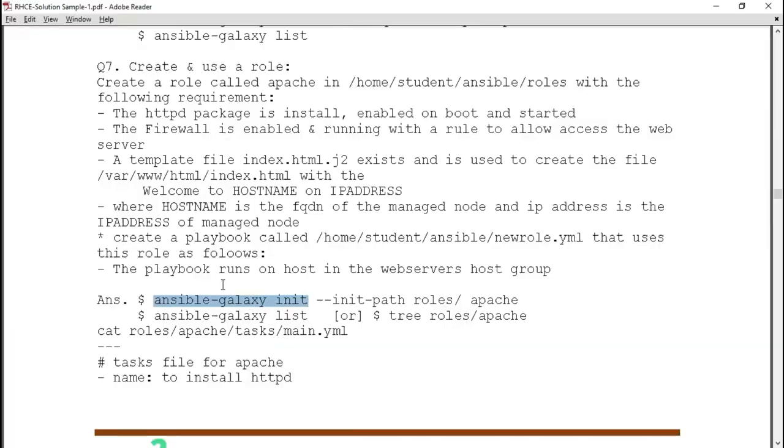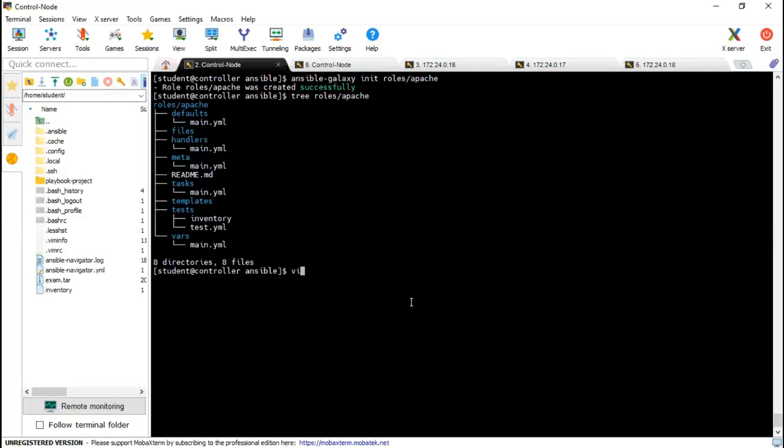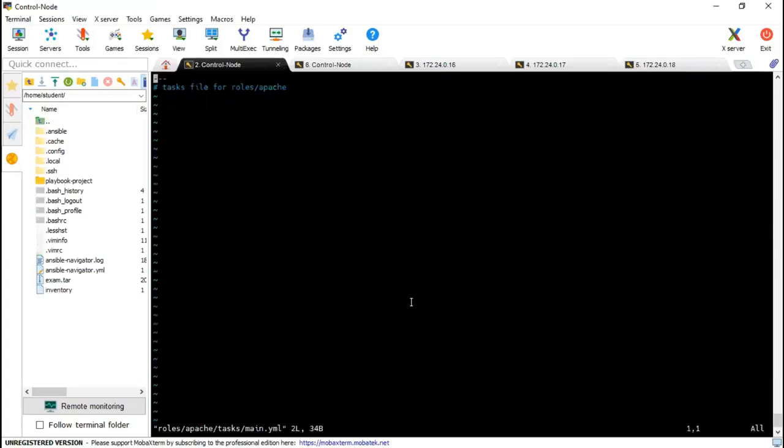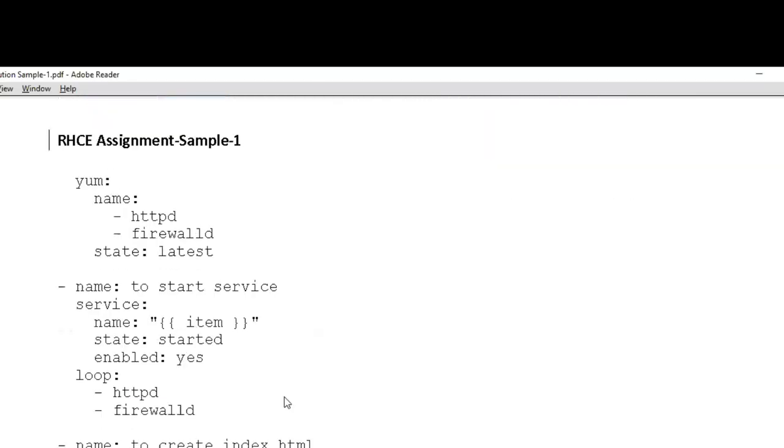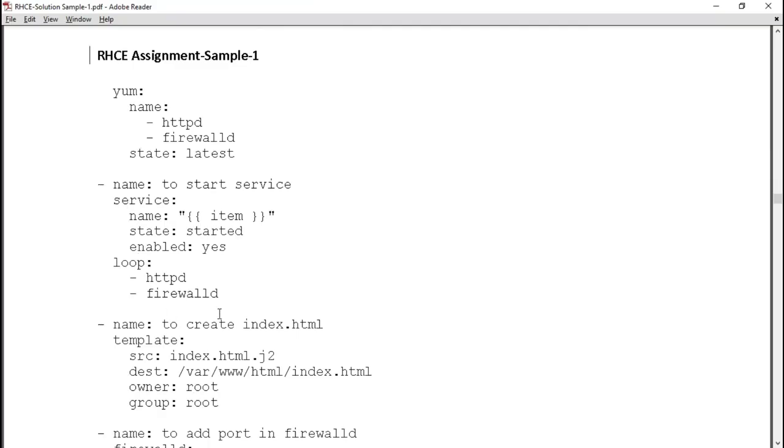Now, as per the question, we need to create some entries in main.yml to install the package and start the services. If you see, we have tasks/main.yml here. Go there and write your whole task there: install httpd, yum, services and all these things.